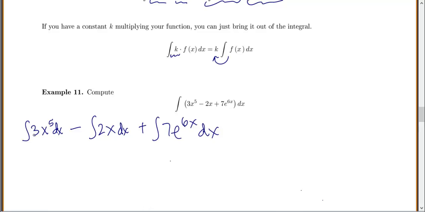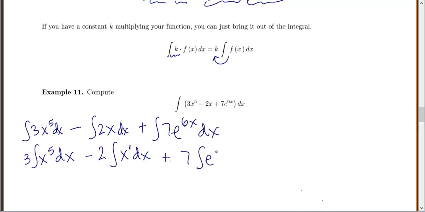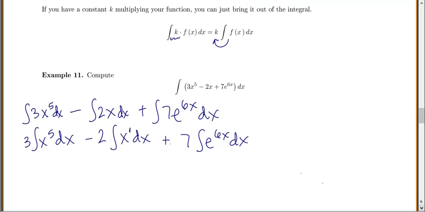Okay. Now, even these numbers we can bring out. So it's the 3 times the integral of x to the 5th dx, minus, let's bring out the 2, integral of x dx, and I'm going to write this as x to the power of 1, we'll explain why in a second, plus 7, integral of e to the 6x dx. Now that we split everything up, we're down to the things that we know how to take the antiderivative or integral of. So the 3 just stays there. Okay, now x to the 5th, the rule says you take the power, raise the power by 1, divide by your new power,